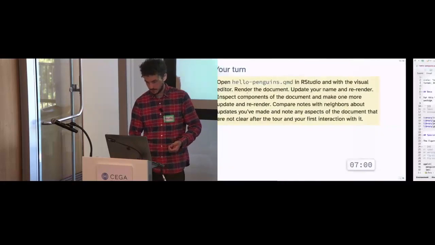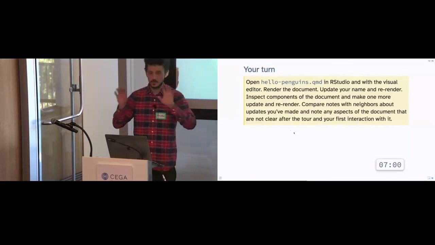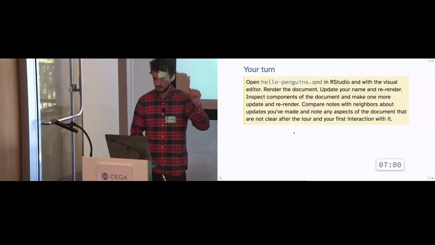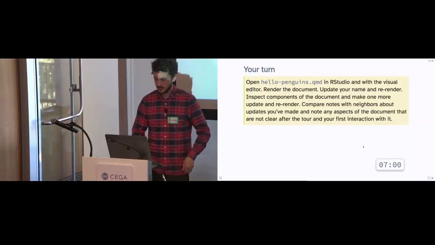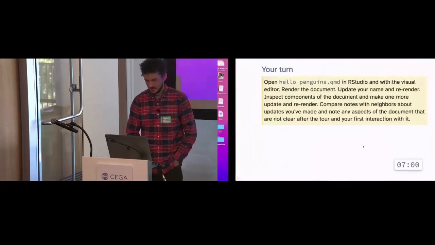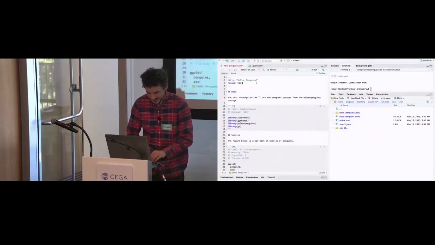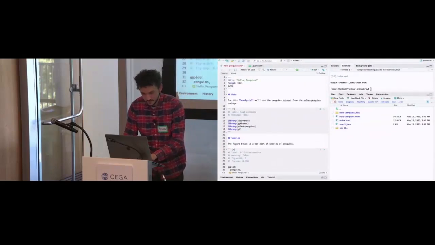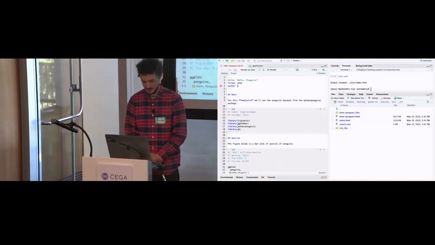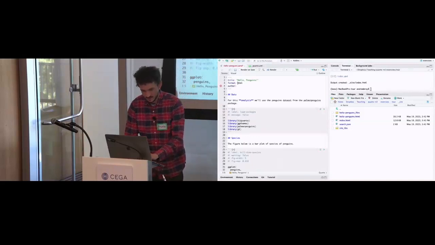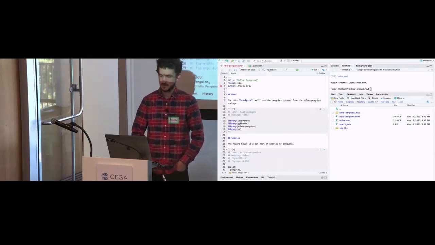So with that, using either the visual or the source editor, whatever you prefer, please render the document, update your name and re-render. So let me show you, I realize I left that out, where to put the name. You can add a field here called author. I should have added that to begin with. So if you add author Andrew Bray and click render,